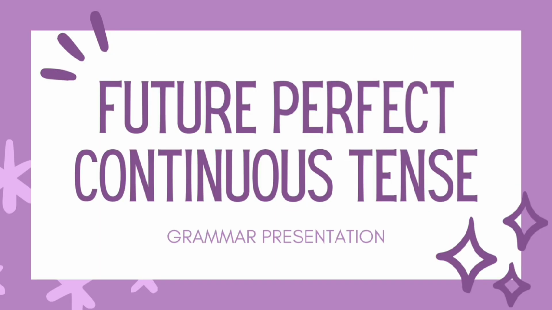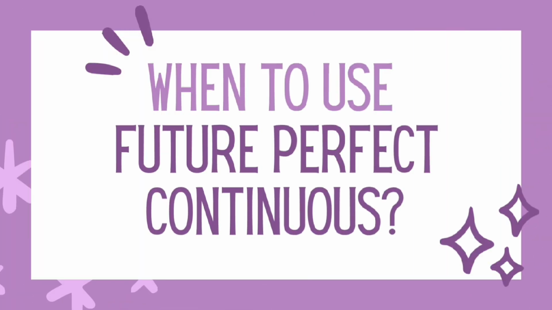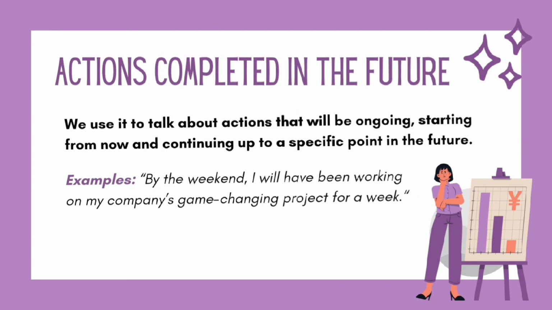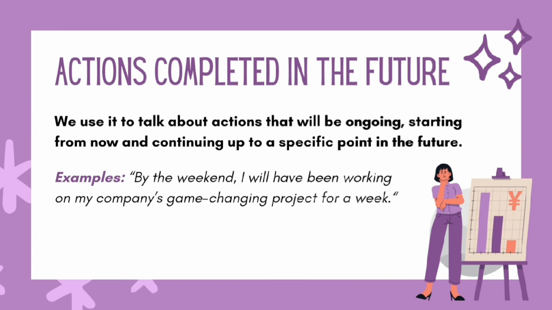In this video, you will learn about future perfect continuous tense. When to use future perfect continuous tense. Actions completed in the future. We use it to talk about action that will be ongoing starting from now and continuing up to a specific point in the future. Example: by the weekend, I will have been working on my company's game-changing project for a